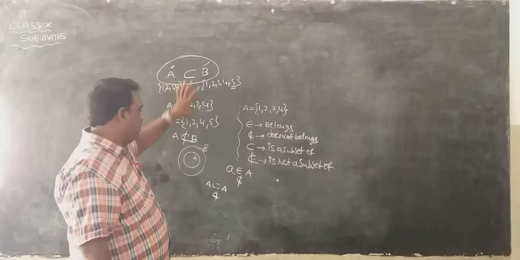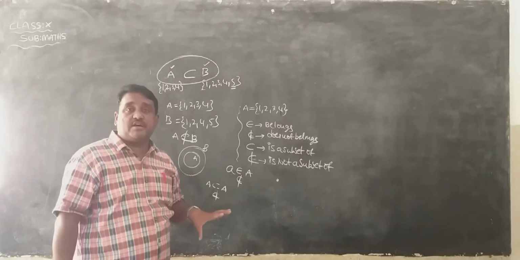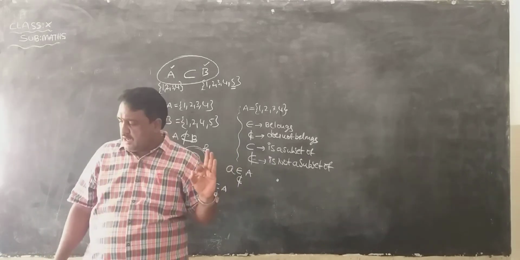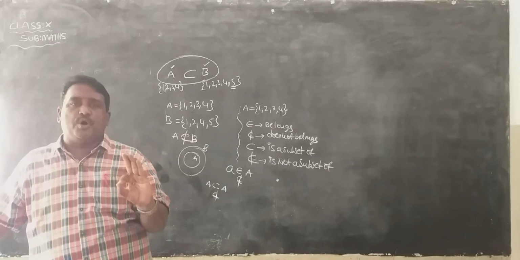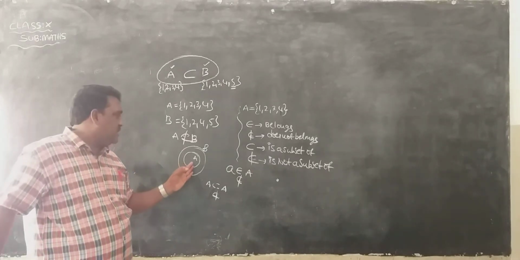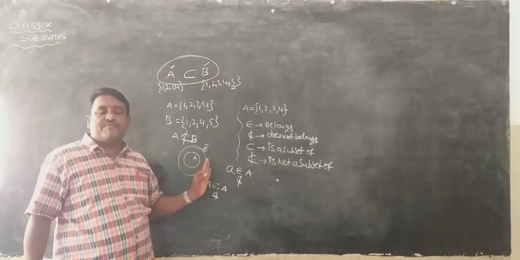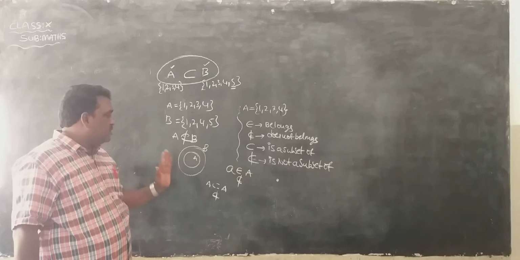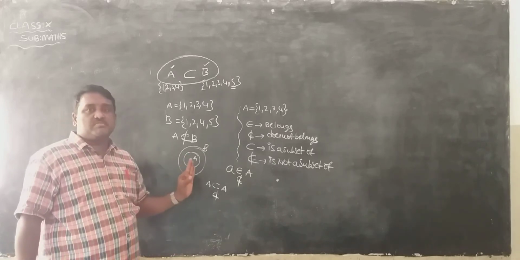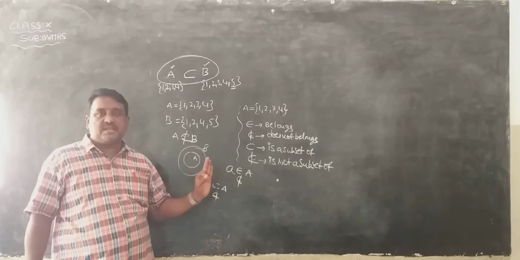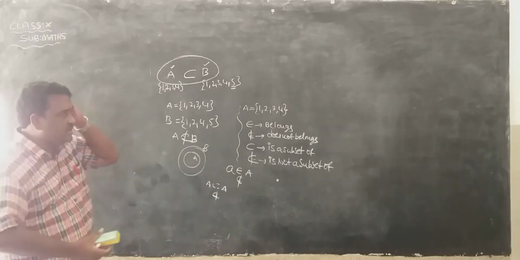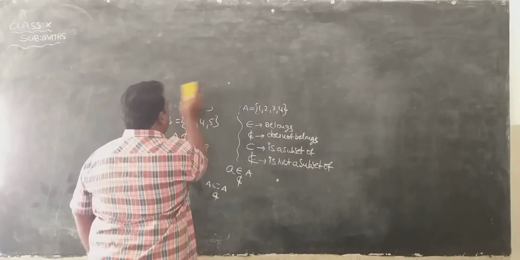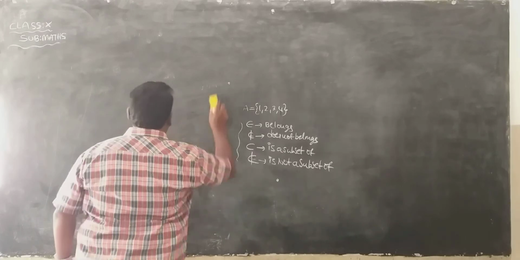Here A is a subset of B. Here A is not a subset of B. That part we discussed in the last class. Okay? So the subset topic is very, very important. Through a diagram also we can represent this. This is the diagram for A subset B: 2 circles are there, the small circle named A and the big circle named B. So up to here, very, very important topic. We are discussing it again and again, so be ready for questioning also sometimes.